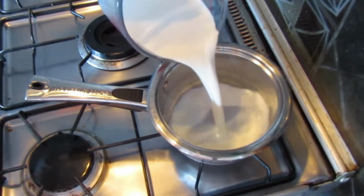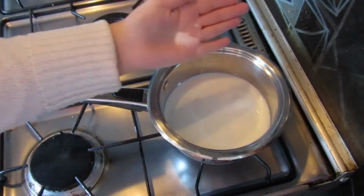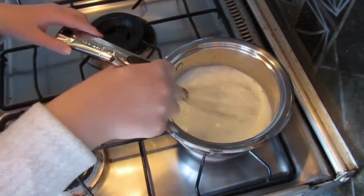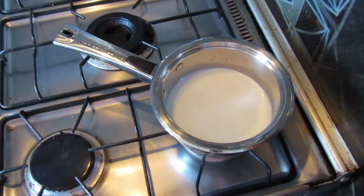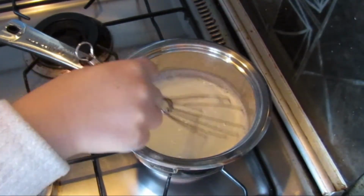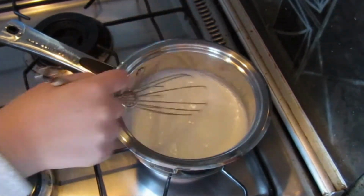In a pot over low heat, add in 2 cups of milk and a pinch of salt, and bring to a gentle simmer. Once the mixture has reached a gentle simmer, remove from the heat